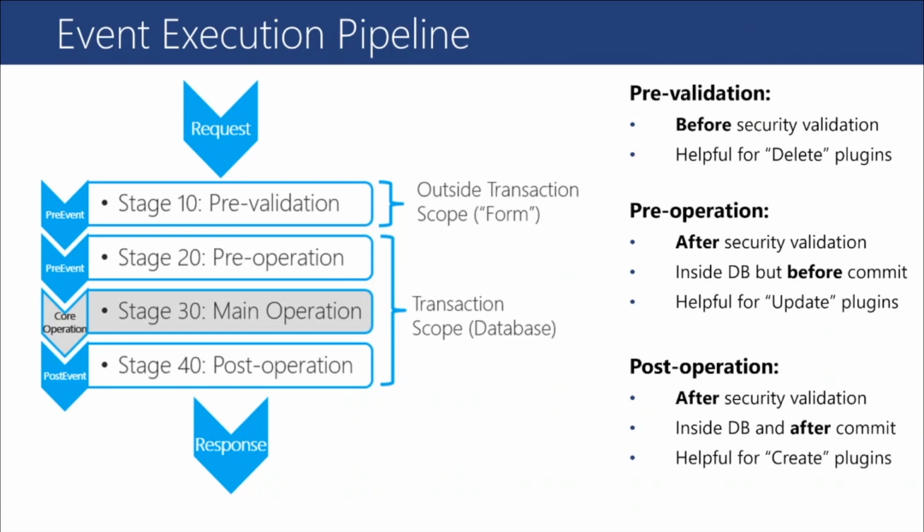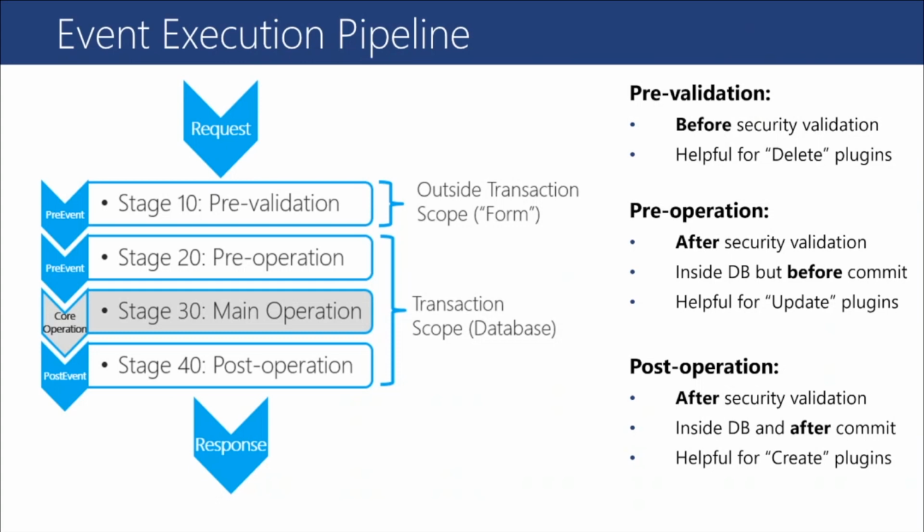The post event or post operation of stage 40 is the stage in the pipeline for plugins which execute after the main operation. Plugins registered in this stage are executed within the database transaction. Sometimes you want to compare what had been done after the record is created or updated and take additional business action. Let's say on create of an account, you want to check something on the child account or associated contact record, or you want to do some further business operation inside the CDS